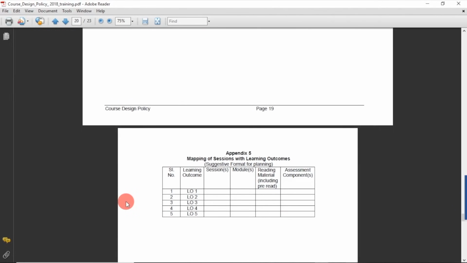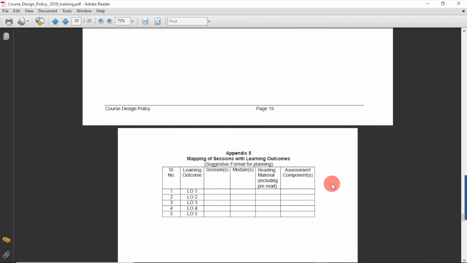Right. So this was regarding your course design policy. Now this is one more mapping document which is usually used by the teachers, and we suggest that they should use it, because whenever you are developing learning outcomes, you should see how many sessions you have tried to focus upon each learning outcome. Now your subject outcome should meet the program outcome, because every subject outcome is coming out from the program outcome. So all subjects taken together will then try to meet the program objectives.